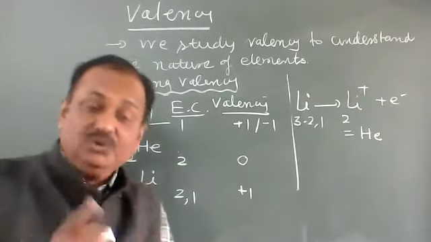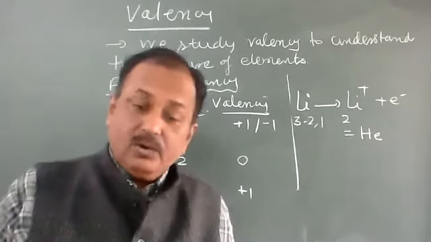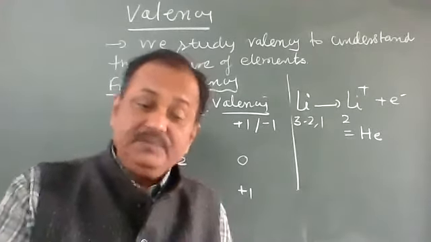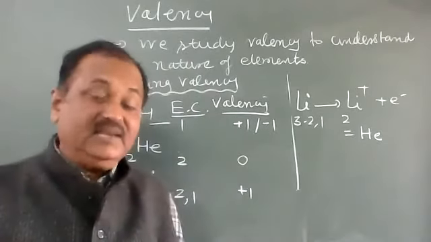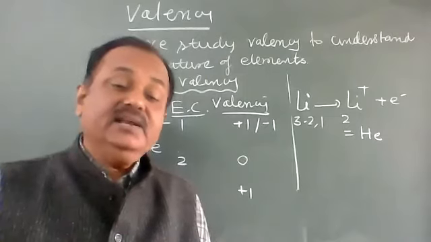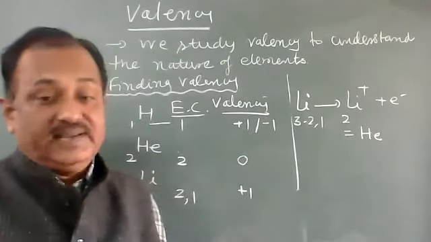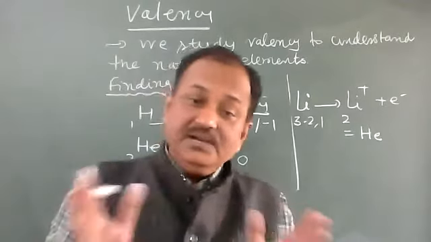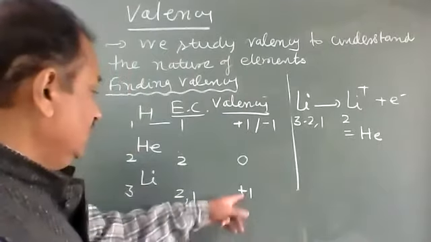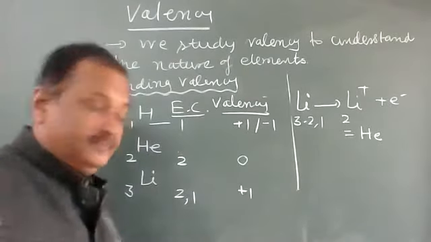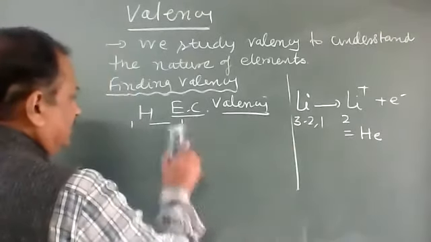So children, you have to know this point, that all the elements will form any compound, all the elements will undergo any reaction, they acquire the nearest noble gas configuration. What do they acquire? The nearest noble gas configuration. So it is really a game of stability. So this is, we say here, plus. Now coming to another example.